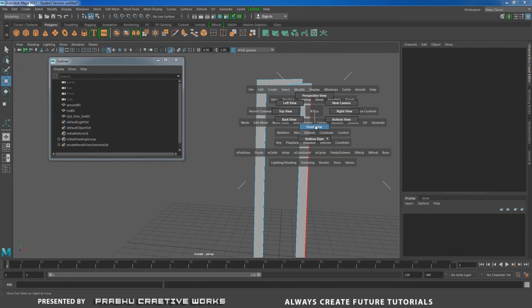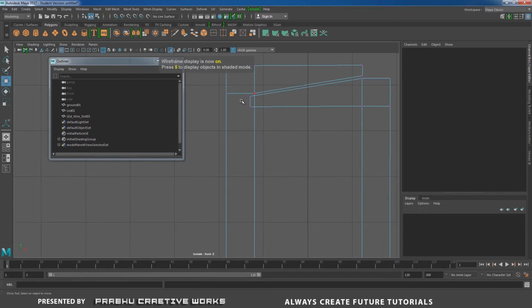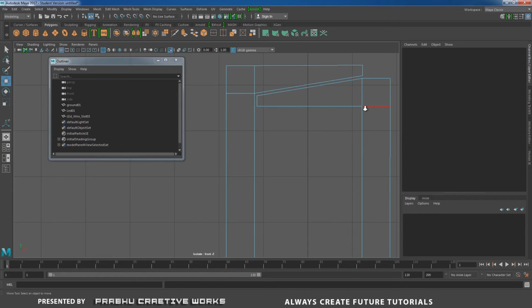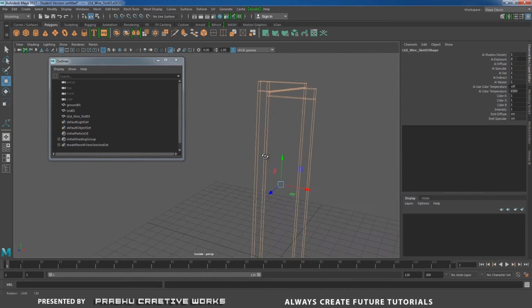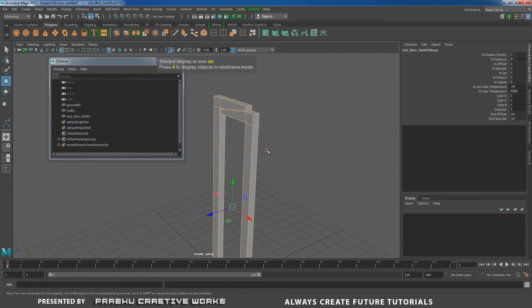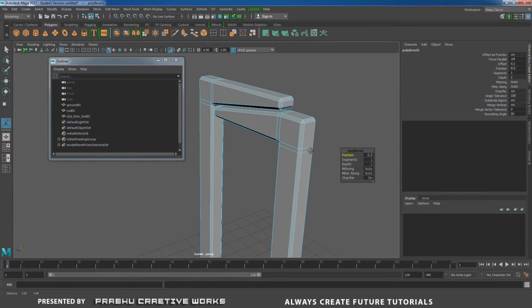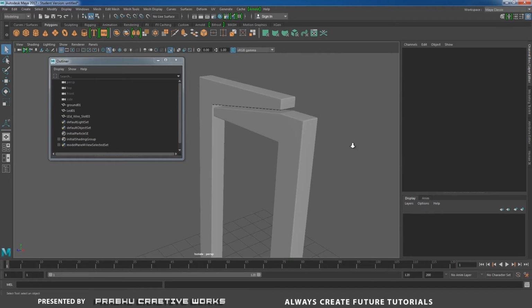So go to front view and press 4 on the keyboard. So see here it will be overlapped. So I will select this vertex and move on this side. So right click and choose edge. You need to select all the edges. Go to perspective and press 5 on the keyboard. Shift right click and choose bevel edge. So I want to bevel this object. I will give fraction 0.2 and segments 2, and right click and choose object mode.